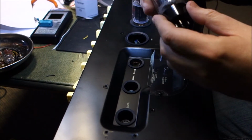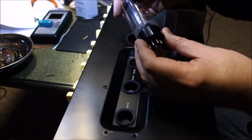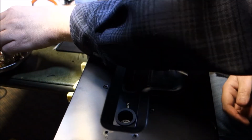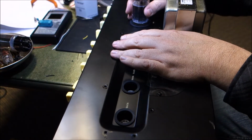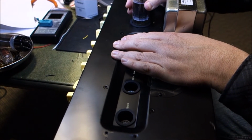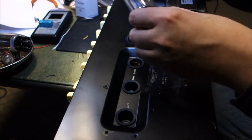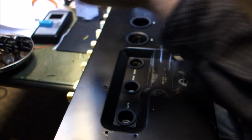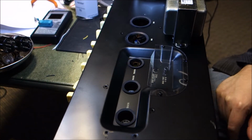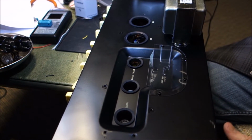Should be a 6L6GC premium selected. That sure looks like a China tube. It might not be, but I'm betting it is. That one looks like the labeling on it is a little discolored from heat, but it is a 6L6. They do get warm. Yeah, same thing. So we've got 3 12AX7s and 2 6L6s. Now I guess the goal is to find the reverb, because obviously I don't see any place for a pan in here,